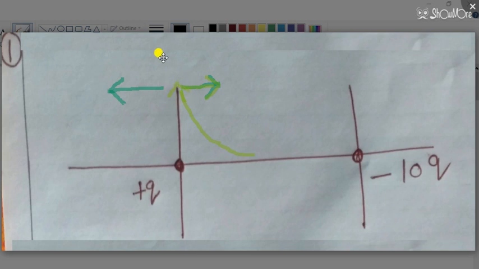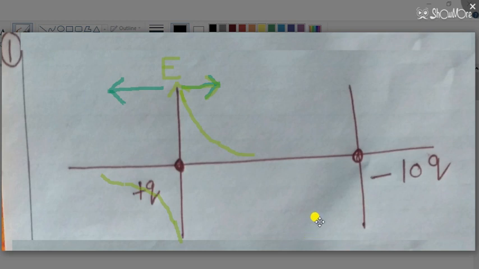If the electric field is towards the positive x-axis, on the right hand side, then we will draw the electric field in this way. And if the electric field is in the negative x direction, like this, here you can see this is the negative x direction, so the electric field for this is drawn from the negative y-axis in this way. This is the biggest concept you have to know.